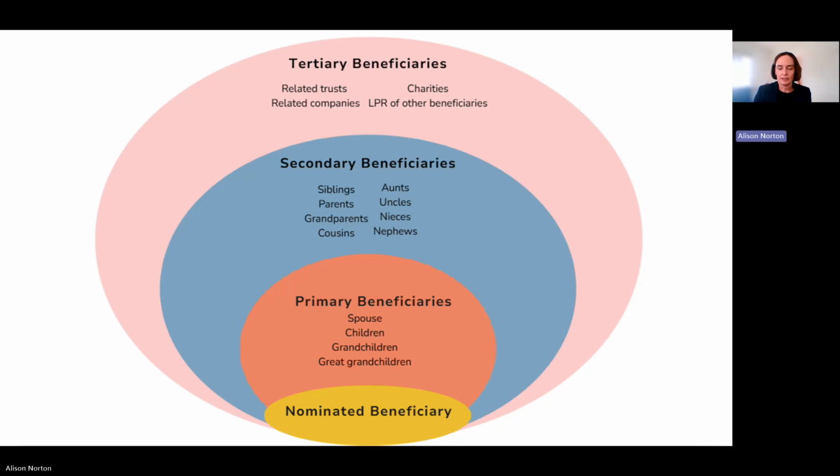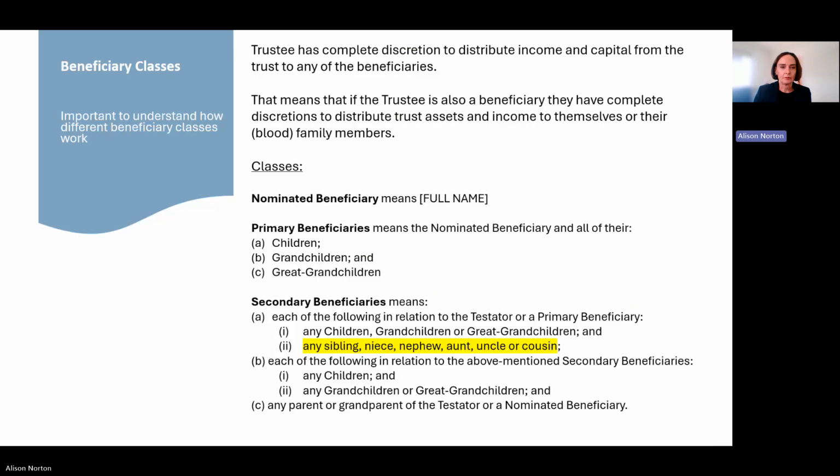Okay, so just have that in your mind when we talk about these beneficiary classes here. So nominated beneficiary is your spouse in this instance. Again, primary beneficiaries and secondary beneficiaries. And I've highlighted this part here in yellow because, for example, if you had your children acting